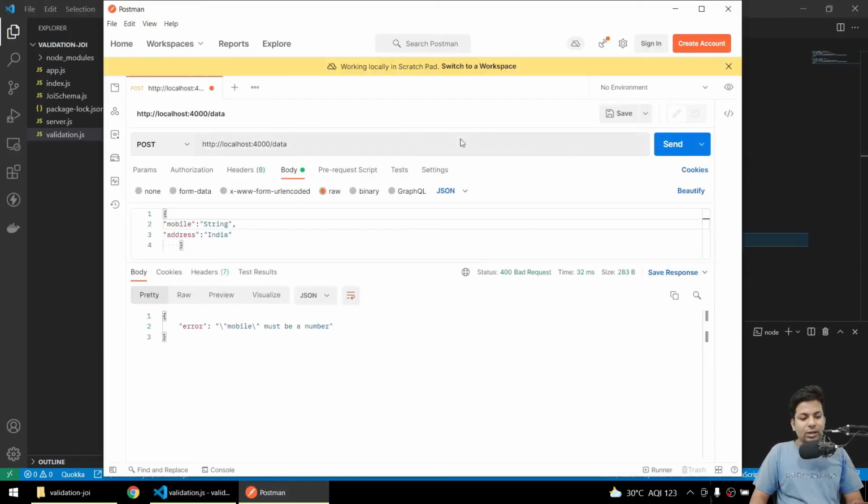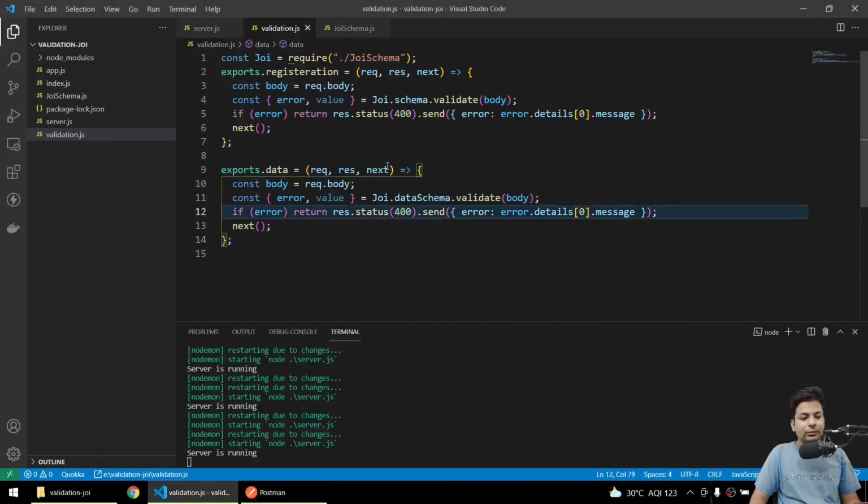So now if we send the data with the mobile number, everything's fine. Data inserted. So same for that route also. If we send, error name is required. So this is the way we can make our Express really cool.